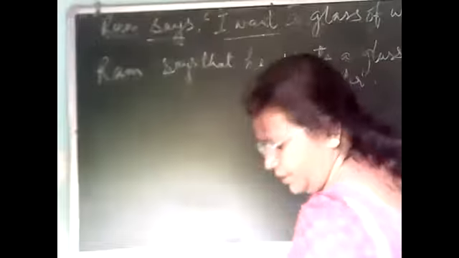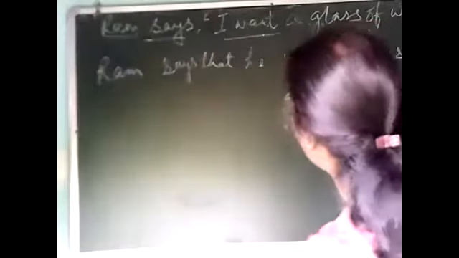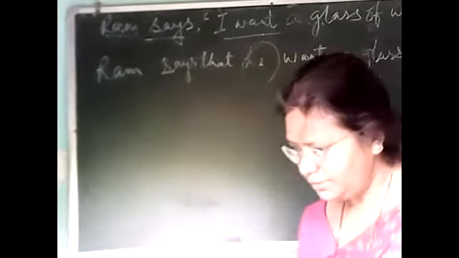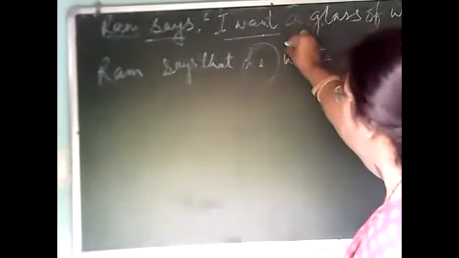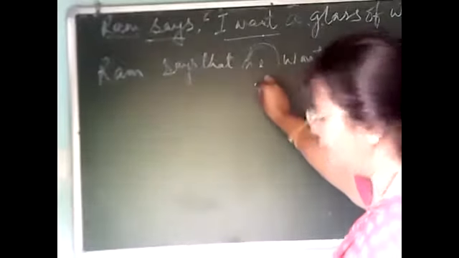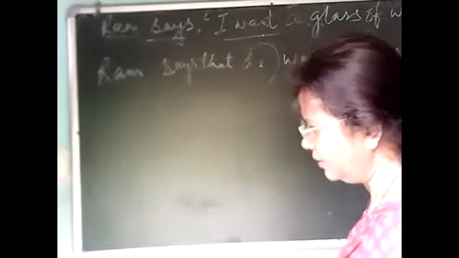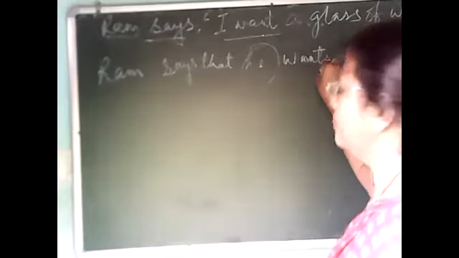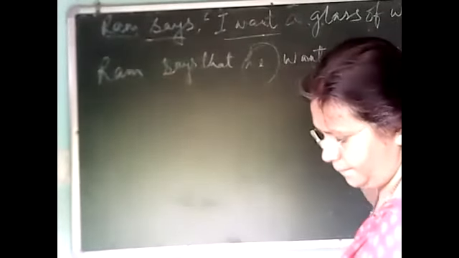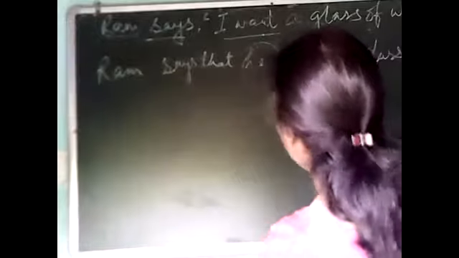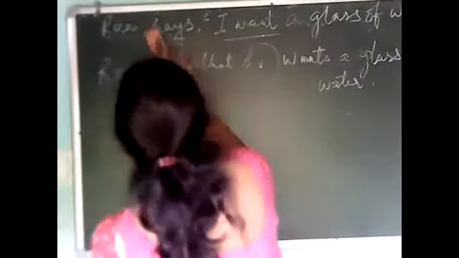Now you can say that, मैम अभी तो आप बोली थी कोई चेंज नहीं होगा, तो ये wants कैसे हो गया? We have changed according to the pronoun. Here it is I, so according to the rule, it will be want. Here it is he, according to the rule, it will be wants. यहाँ तक क्लियर हो गया कॉन्सेप्ट सारे बच्चों को? Yes, ma'am. Okay.